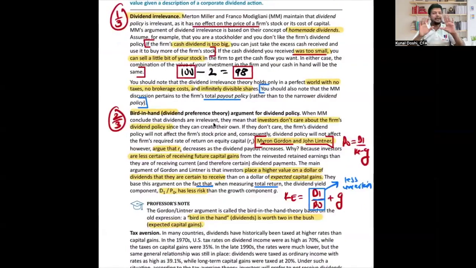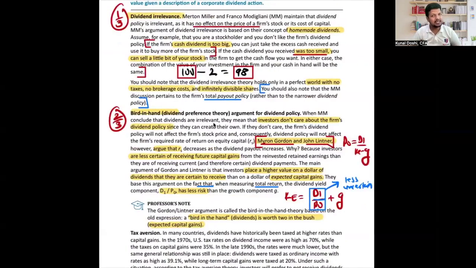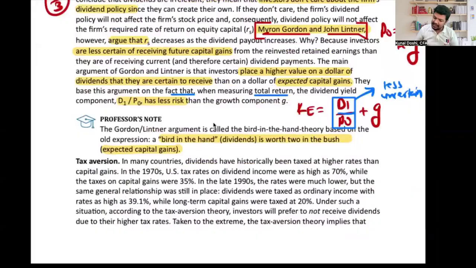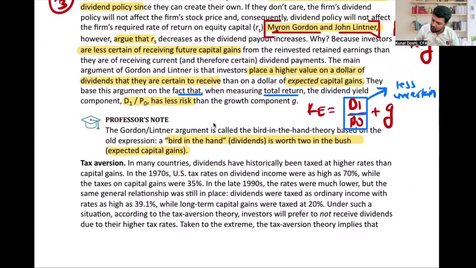Clear? The two completely contrasting theories. Understood? Right? And the last theory, which is very relevant today, is that in many countries today, dividend tax rates